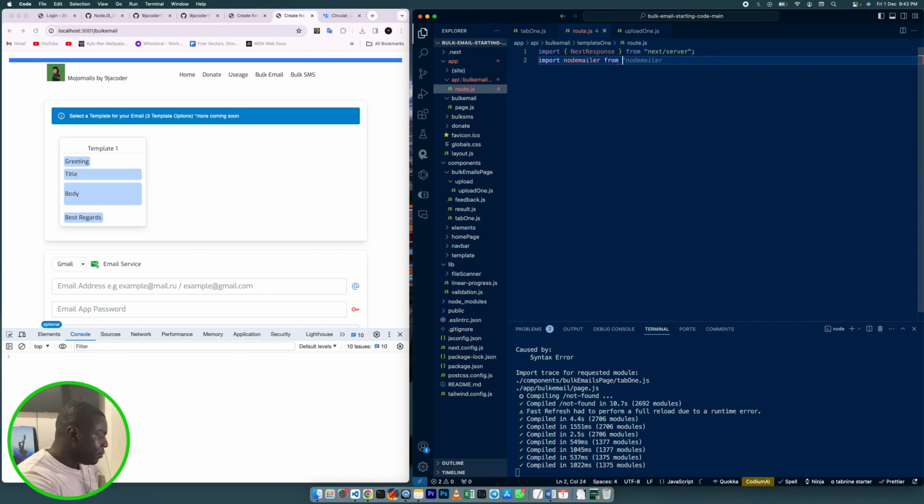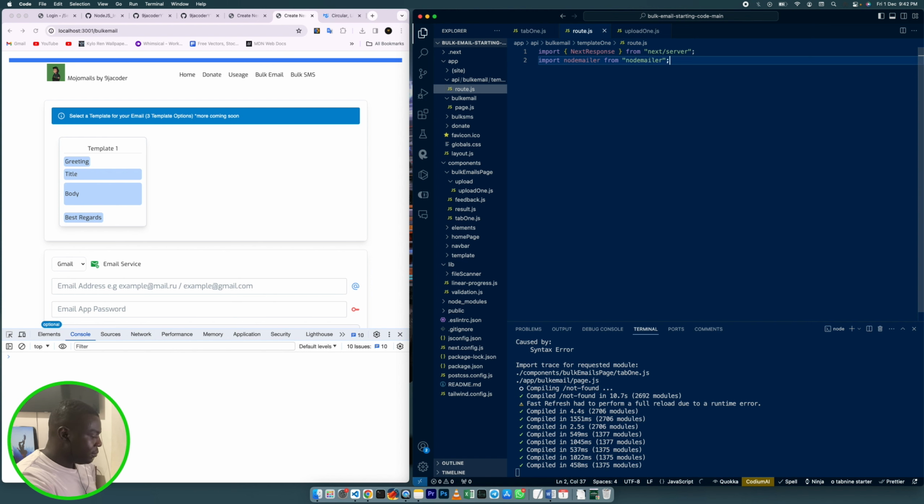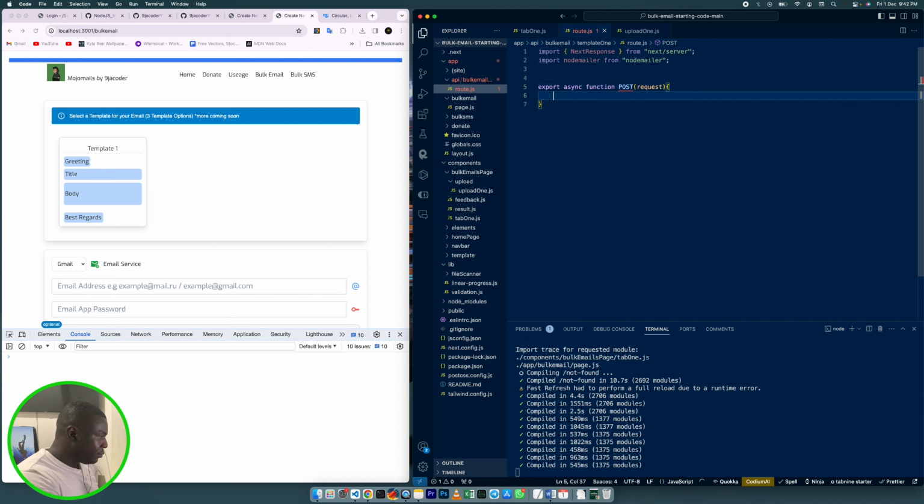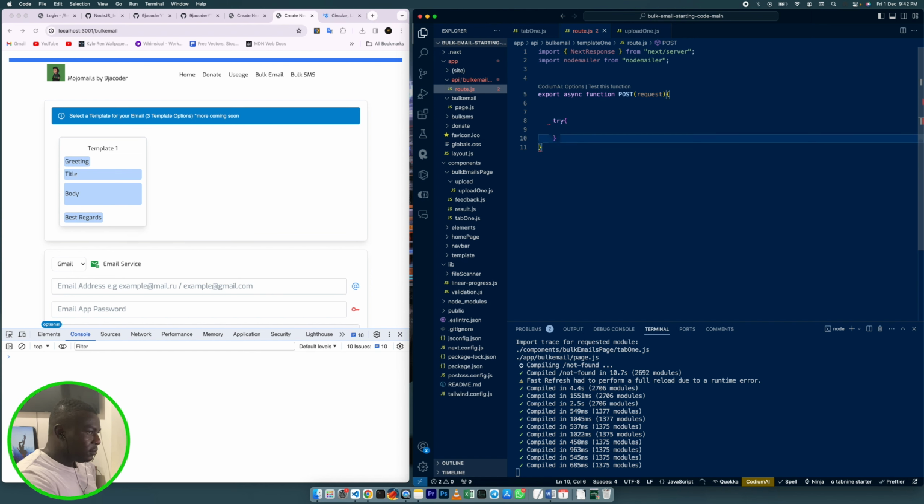NodeMailer from mailer. Okay, then we're going to say export async function POST request. We're going to say try. Okay, in this try catch, we're going to say constant